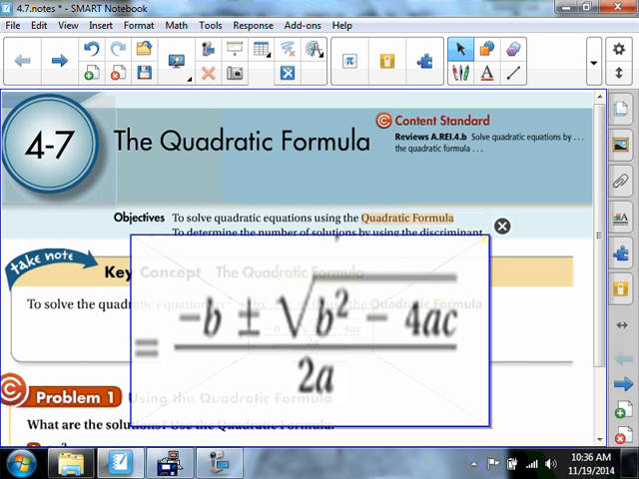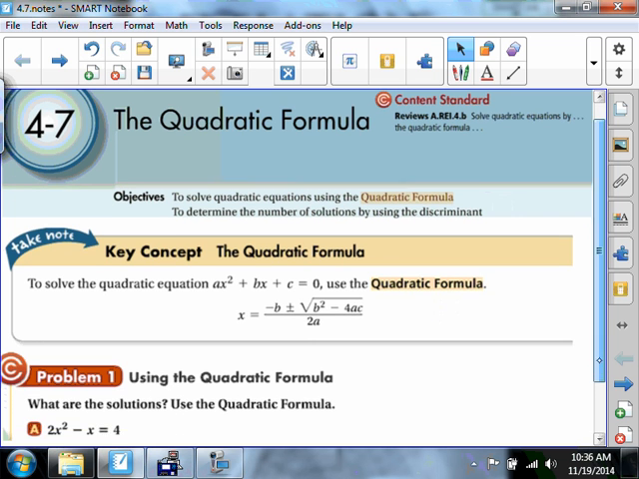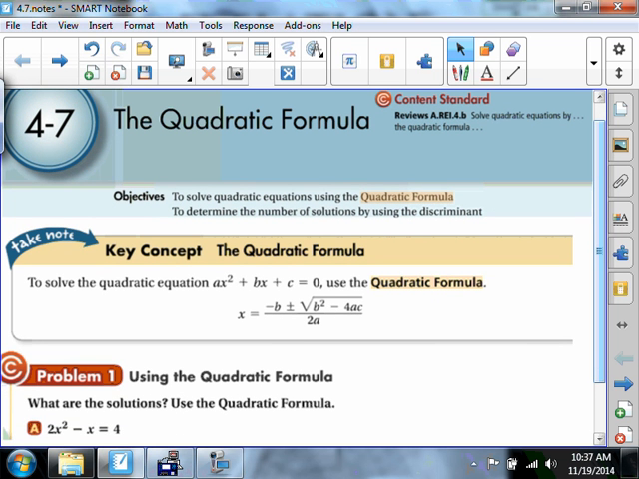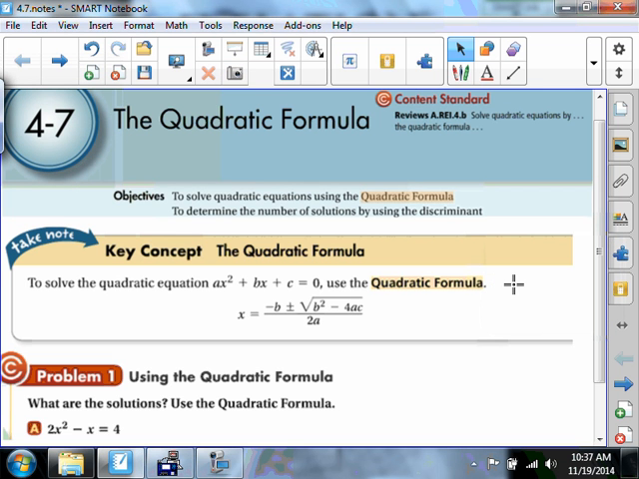But anyway, I don't want to confuse anybody. Let's just go to a first example. Here we go. First example, it says, what are the solutions? And it says, we really want you to use the quadratic formula to do this. So being a good student, I'm going to follow their directions,